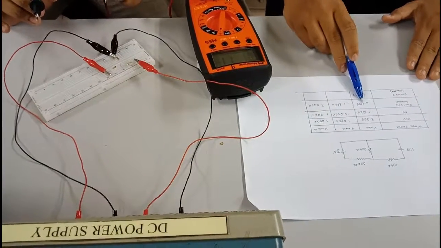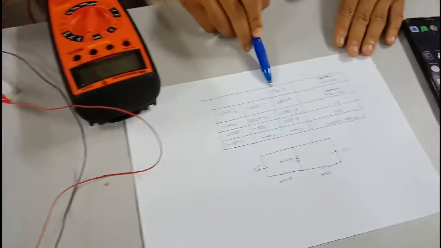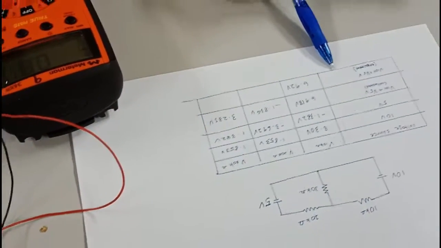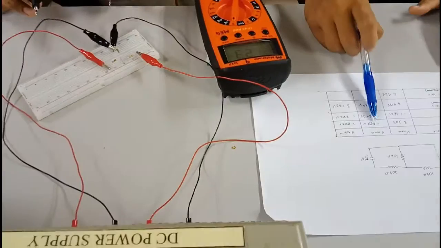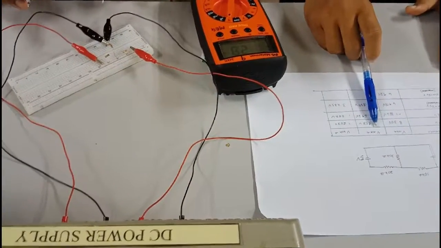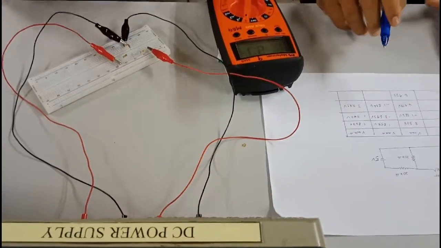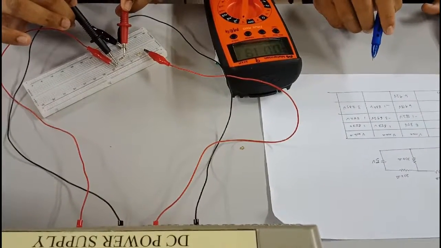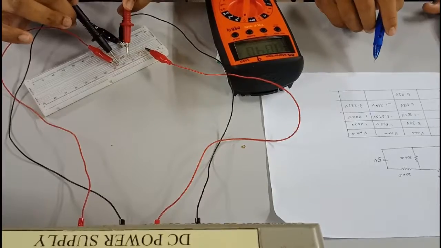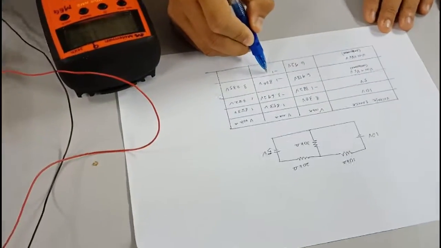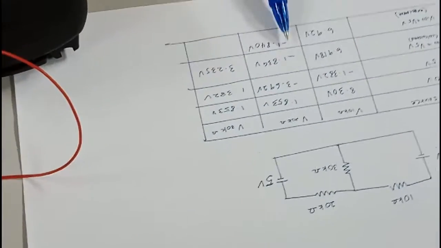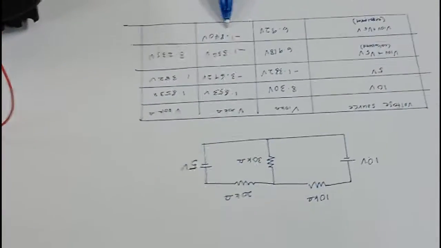So straight away we get the same value for the calculated and experiment. After that, we're going to see the voltage for the 20k ohm resistor. The value is negative 1.840 volt. As you can see, the value is quite the same,